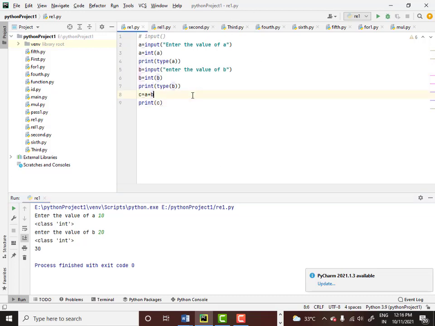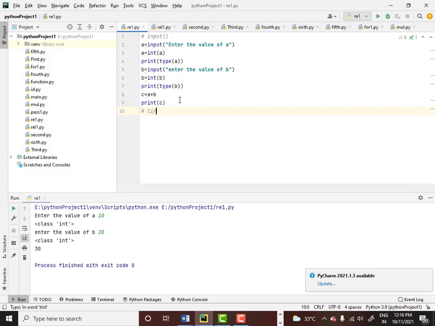So here what are you trying to do in the whole program? You basically tried to convert string to int. So this concept in Python is called as typecasting. We call it as typecasting. So what is typecasting? Typecasting is a process which basically helps you to convert from one data type to another data type.